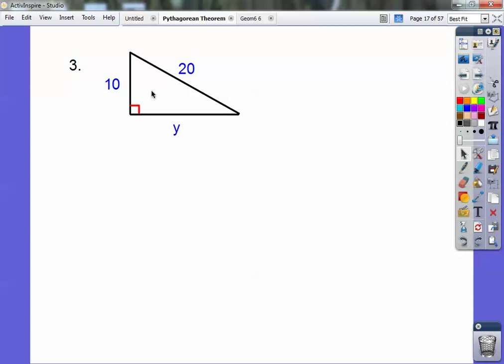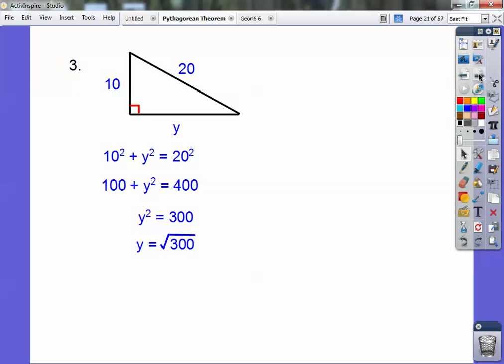All right, so this one's going to be 10 squared plus y squared equals 20 squared. All right, and then so 10 squared is 100, 20 squared is 400. So I'm going to subtract 100 from both sides, and I get 300, and then we're going to square root that. And remember, when you square root that, when you put it in simplified radical form, I teach my kids